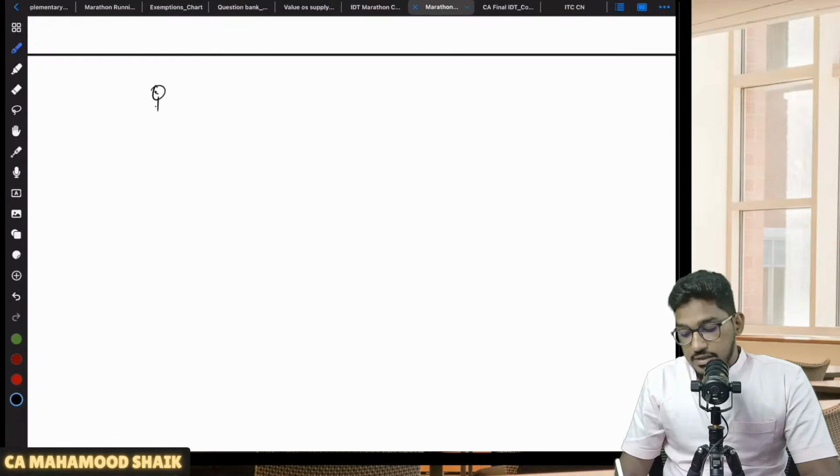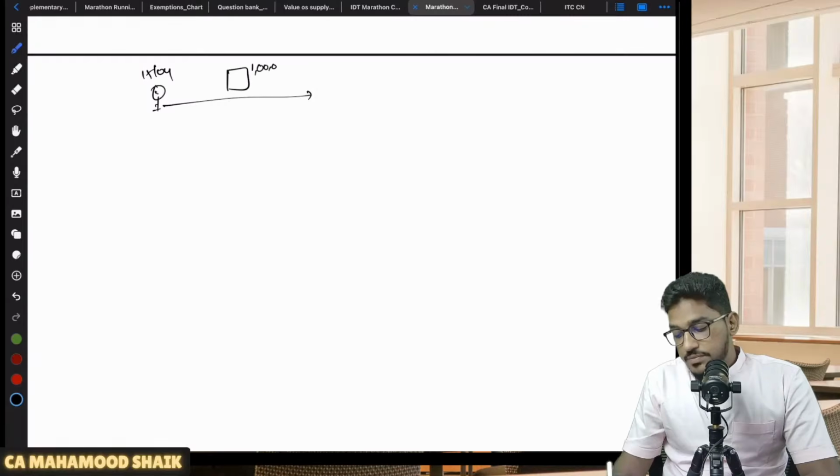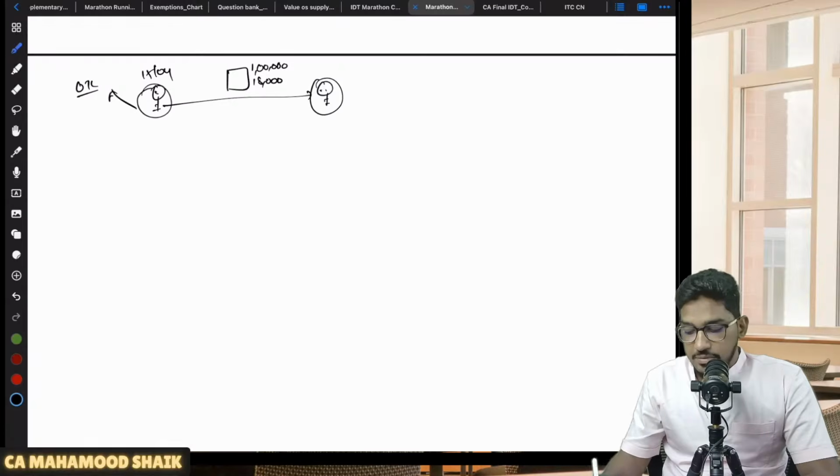So, a supplier gave you an invoice on 15th of April for GST amounting to 1 lakh rupees and 18,000 to the recipient. This sale has happened on credit basis. The supplier has declared this tax invoice in his GSTR 1 and discharged his output tax liability. For the recipient, the amount was reflected in his GSTR 2B.